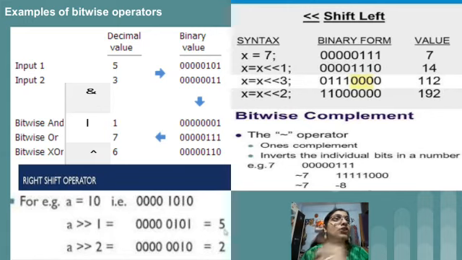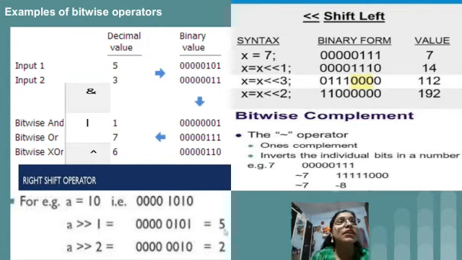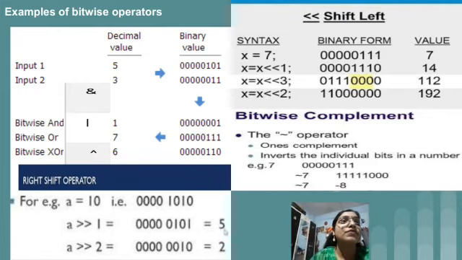Left shift means towards this direction, right shift means that direction. So left shift we want to perform, so the first 0 will be added at the last place. So 4 times 0 and then 1110 is nothing but 14 in case of decimal. Similarly, 3 bits means we are shifting the particular element by 3.